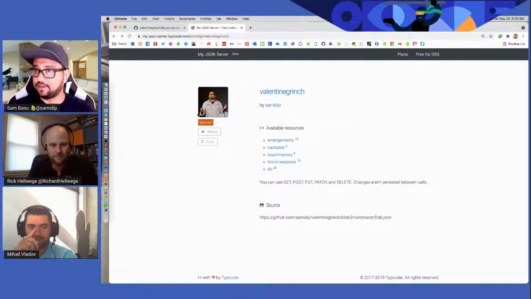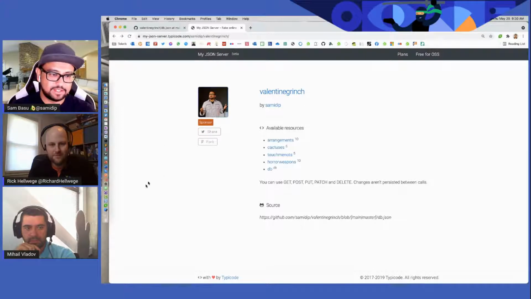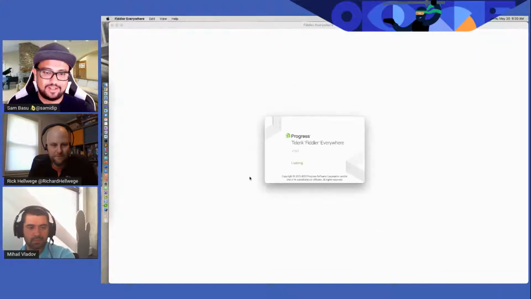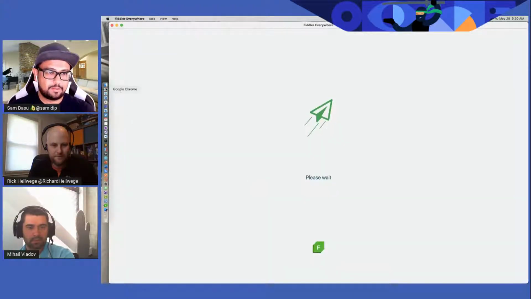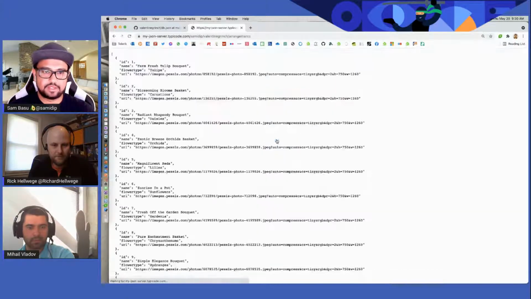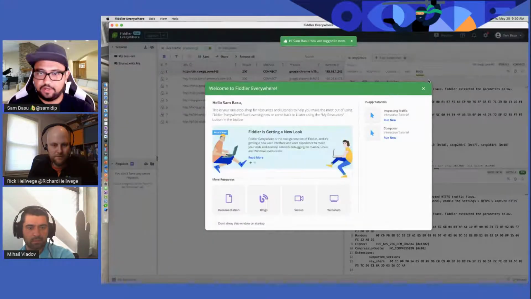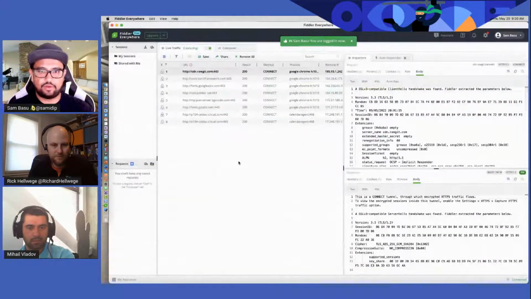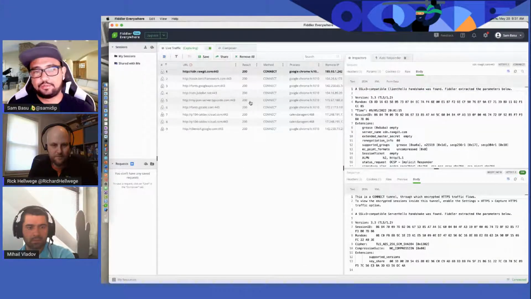And since we are talking APIs here, let me bring up Fiddler and see what that does. So bear with me here. I'm going to bring out Fiddler Everywhere, which has the Mac version, and let's see if we can play around with some of this stuff. So if I go to, let's say, the arrangements here, I'm going to copy that URL. And Fiddler has so many things going for it. Obviously, it is a network proxy. It will capture everything, but it can also be an autoresponder. It can also let you look into HTTPS traffic.